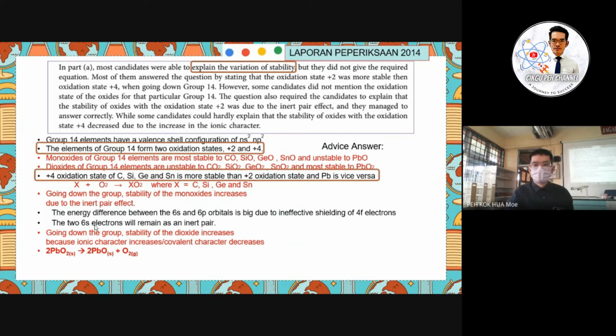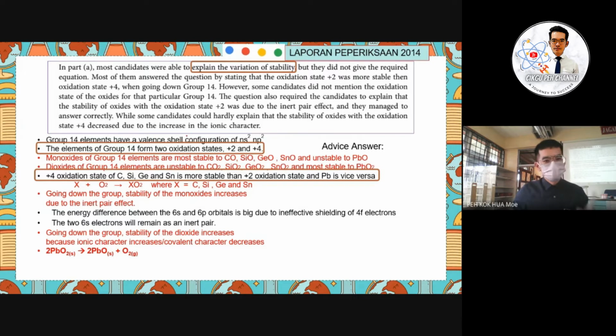Firstly, you can see that they explain the stability variation. So that means we meet the point if we give the +2 and +4 oxidation. You see or not? When we go to the discussion about the oxide of group 14, both of the schemes given just now, 2010 and 2014, do not include discussion of the +4 and +2 oxidation. But we can refer to the acid and base property, where we have the Laporan Peperiksaan. The Laporan also mentioned that most of the candidates are unable to state the stability variation for the oxidation state of group 14